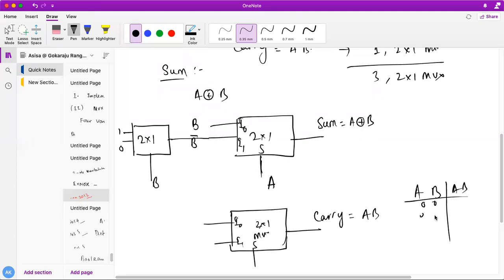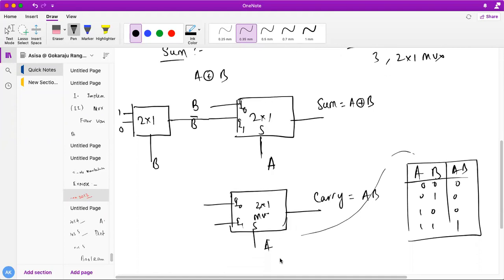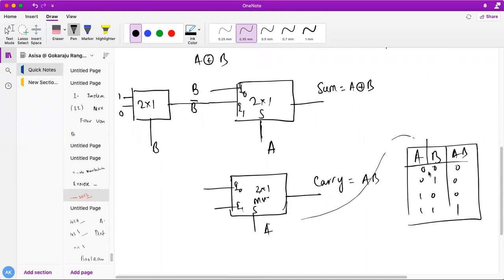This is 0 0 0 1 1 0 1 1 0 0 0 1. So how can we do this? As we know, first you have to connect the MSB to the select line. So you connect this A to the select line. Then the remaining variable, what is the remaining variable? B. So B, here 0 1, it's 0 0. Whatever my B is, it doesn't care, and it's providing 0 as output. So what is the output here? Y is actually 0. Whatever my B, it doesn't care about B. It's always giving 0 for the combinations of B. So I can just put 0 here.